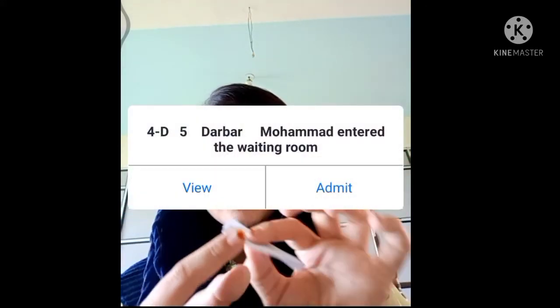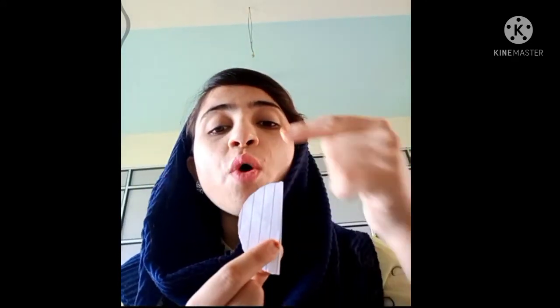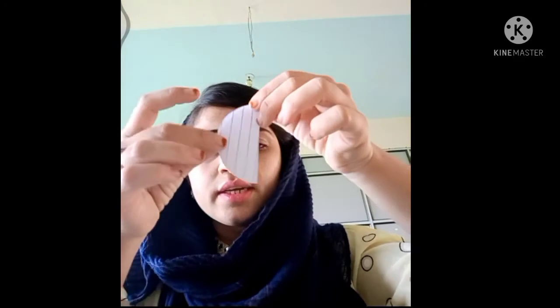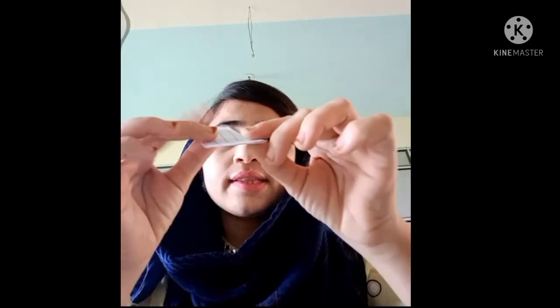You have to fold it so that the two ends are equal, like this. Can you see? Both the ends should be equal, and perfectly you have to hold it like this and fold it. And students, again you have to make one more fold. How? This end and this end will be matched together. Both should be the same. So like this you have to fold it. See, you have to match these two ends together like this.